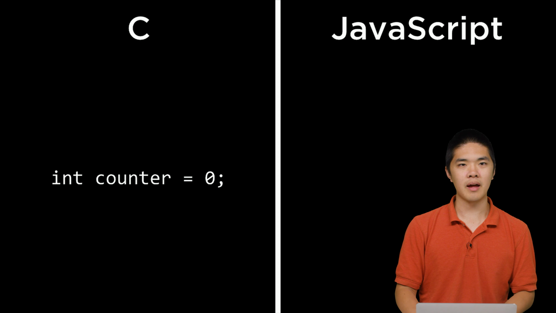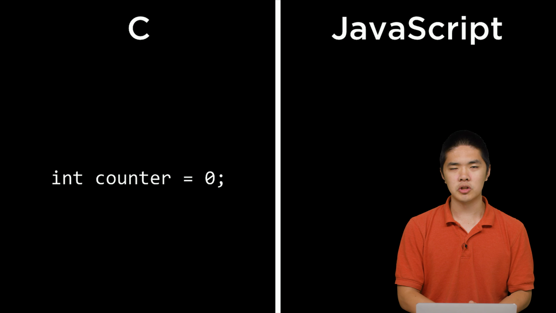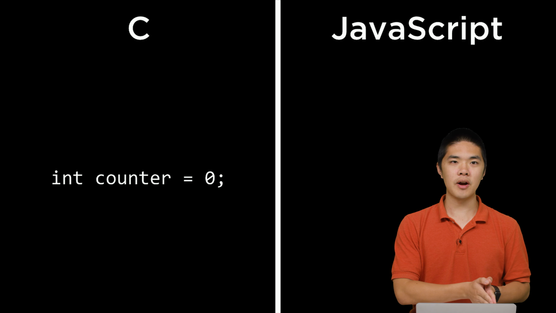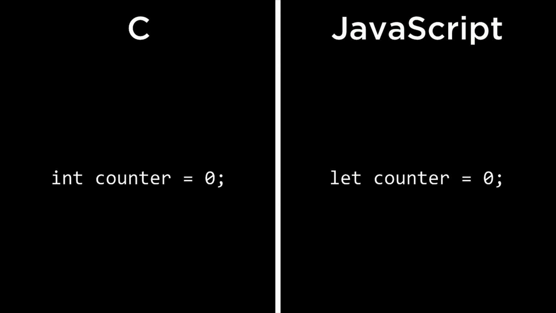So in C, for example, if you wanted to declare a variable that was an integer, you might have had code that looked a little something like this. int counter = 0; counter is the name of the variable, and int in this case is the type. In JavaScript, we would express the same idea using let counter = 0;